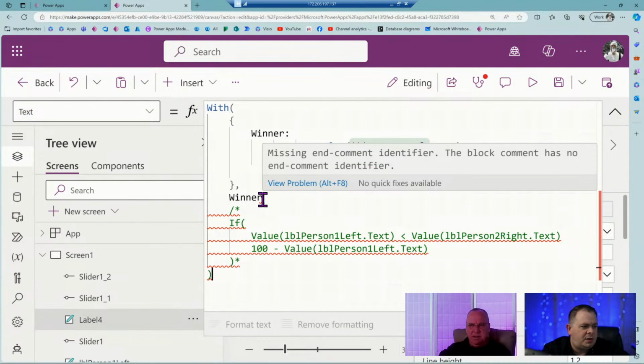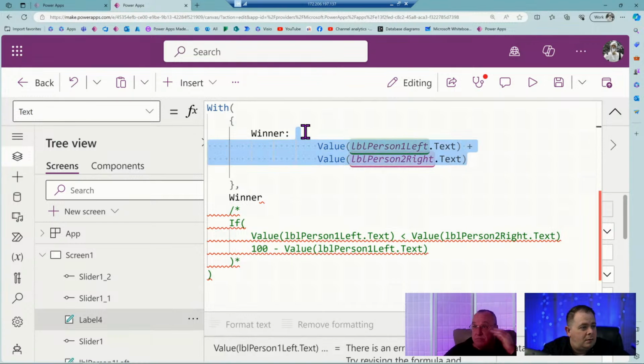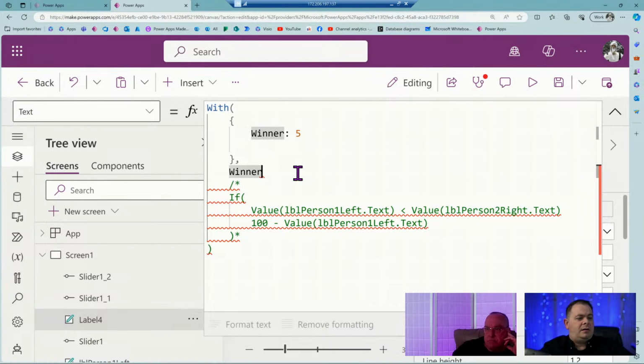The block has no identifier. I must not be doing my with block right. It looked good to me.